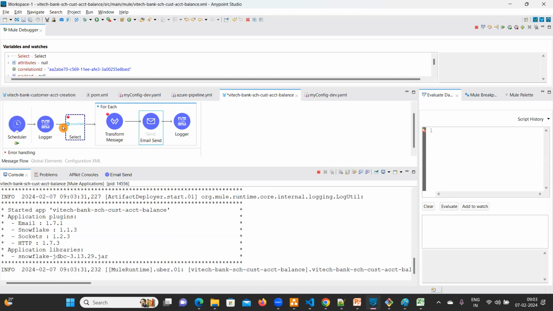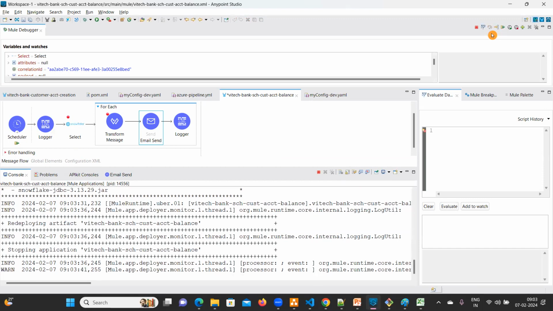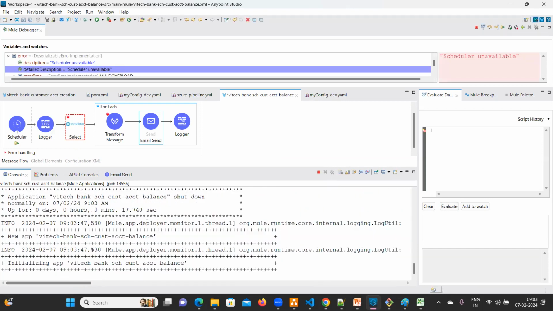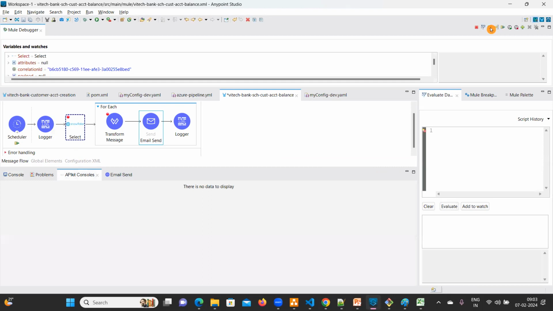See, every 2 minutes automatically it will run. Okay, click on F6. Schedule is unavailable. Okay, fine. Now like this,